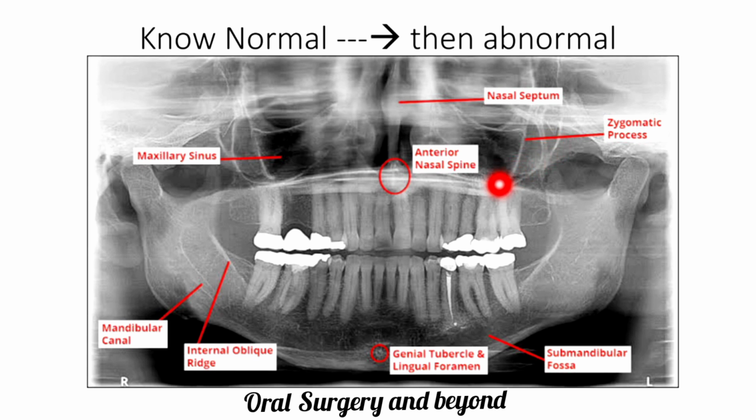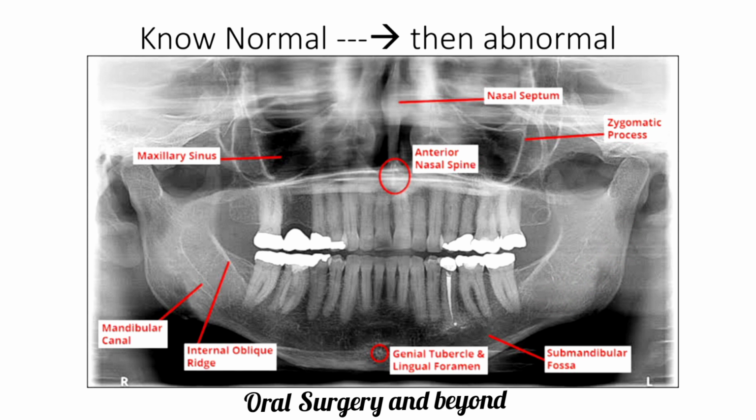This is a normal anatomical landmark showing tooth structures, the enamel, dentine, apices of the root, the maxillary sinuses, the orbital floor, the anterior nasal spine, the nasal septa, the zygomatic processes, the coronoid process, the condylar process, the TMJ joints, the mandible, the submandibular fossa, the inferior alveolar nerve canal bundle, the inferior border of mandible. These are the common structures we have to look for in a normal OPG.